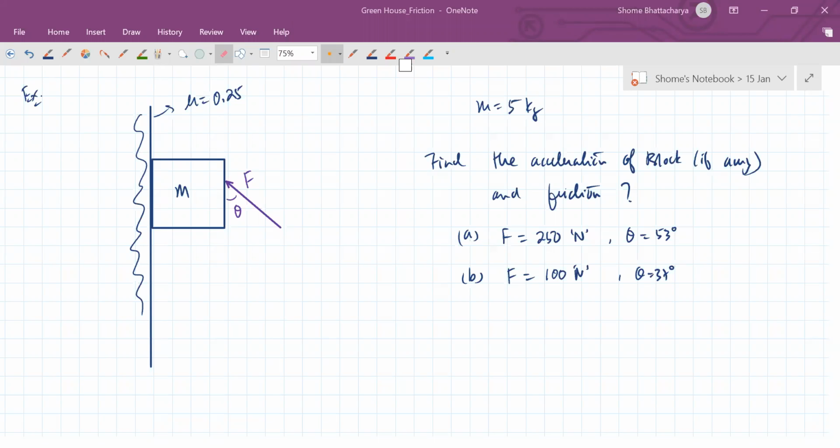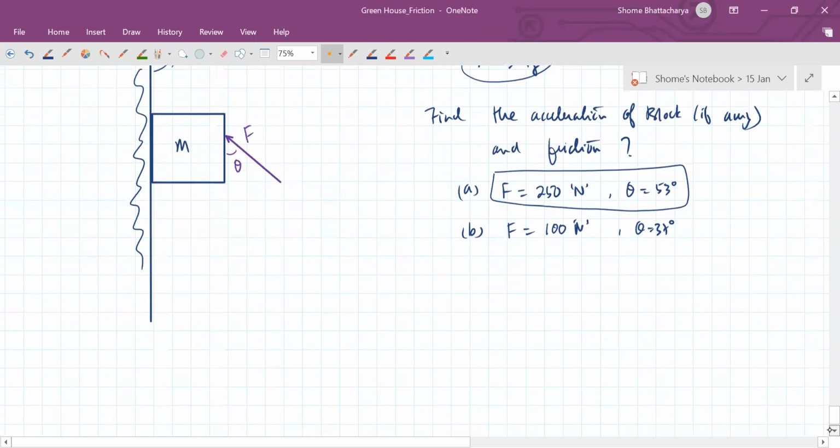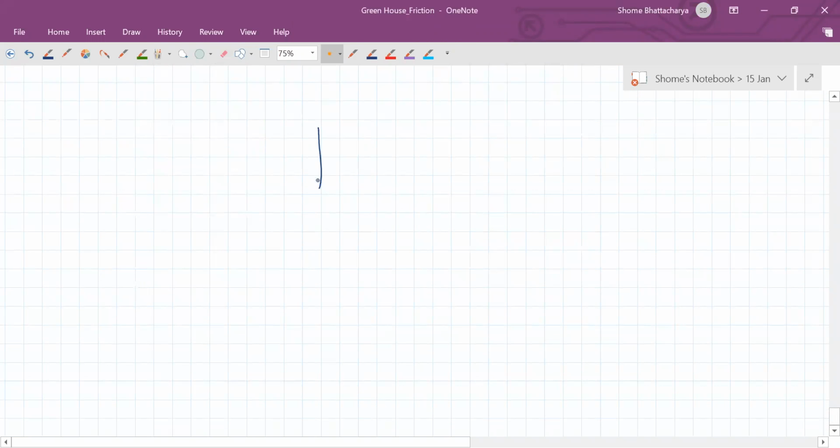Okay, let's understand what's happening in the first part. So 250 newtons and 53 degrees. Mass of this is 5 kg. So you are applying this force of 250 newtons where this angle is 53 degrees. So that means this angle is 53 degrees. So when you resolve that force, you'll see that it has an x component of